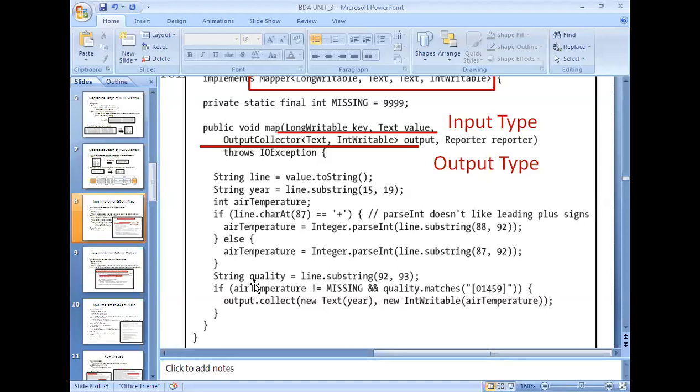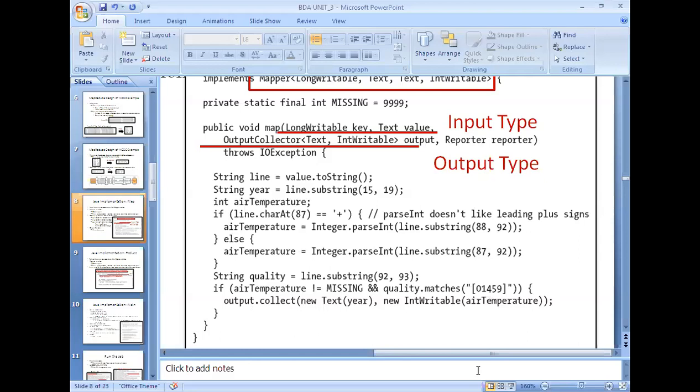From that line, we need to extract the temperature, followed by the year in which it was recorded. These two pieces of information from that line will be submitted to the output.collect method. With this, we generate intermediate outputs. That is the mapper logic.